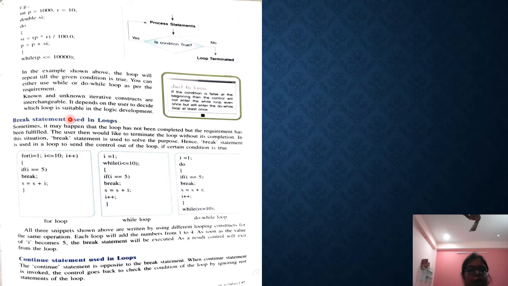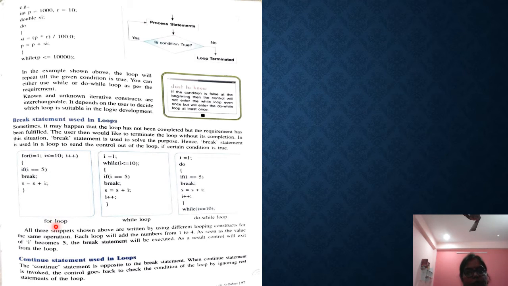Now we are going to see the break statement used in a loop. As you all have studied previously, this is just your revision, break is just like a brick in a program. If we have written break, it means as the condition is satisfied, the loop stops. As we see here, we have put the condition if i is equal to 5, then break. It means the loop is not going to work 10 times. Okay, the loop is not going to work 10 times.